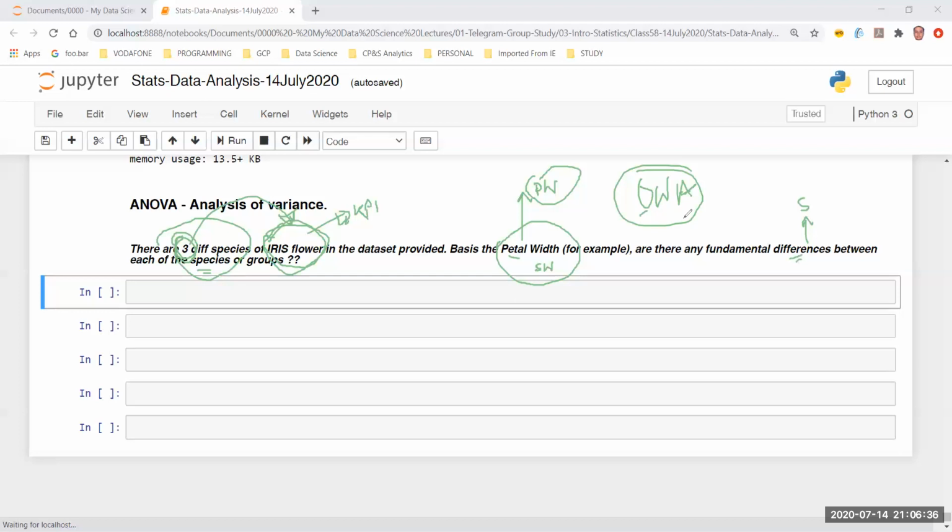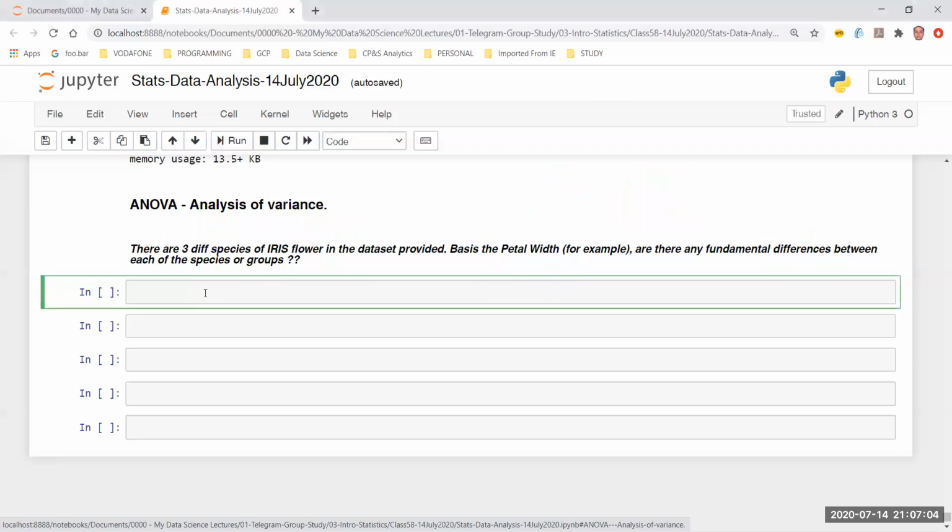There will be complexities in the case of two-way ANOVA as well, because there comes a concept of replication factor, but that we will look at a later stage. As of now, from the question, I have understood there is one single KPI from where I am going to draw 3 samples, and basis this independent variable, I'm going to find out the similarity or the differences. Clearly this is a one-way ANOVA problem. Let me clear the drawings and get back to coding. So first of all, I need to prepare the data. This is a very important work.